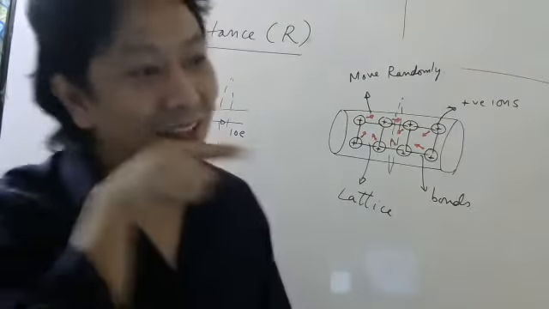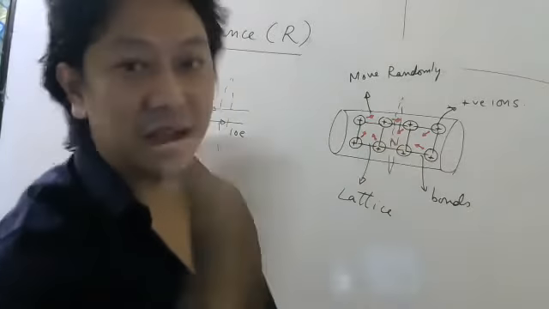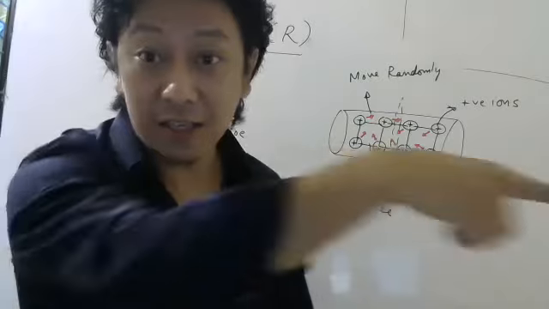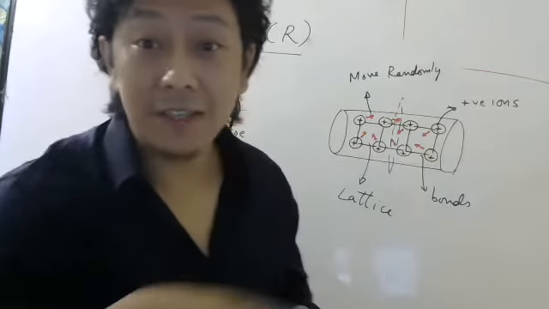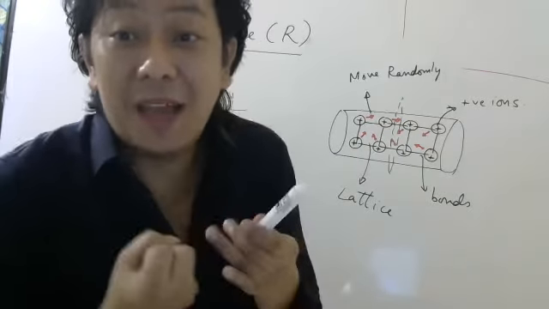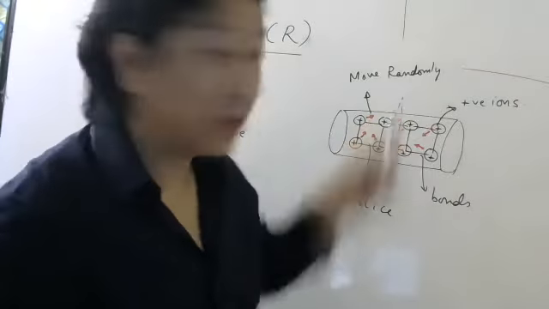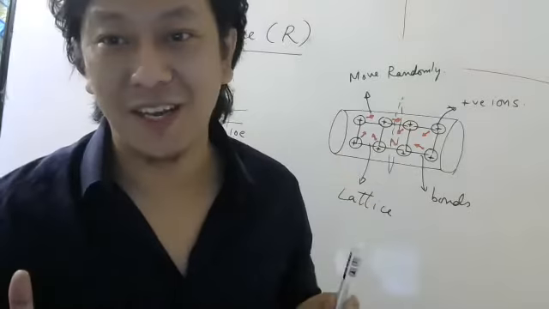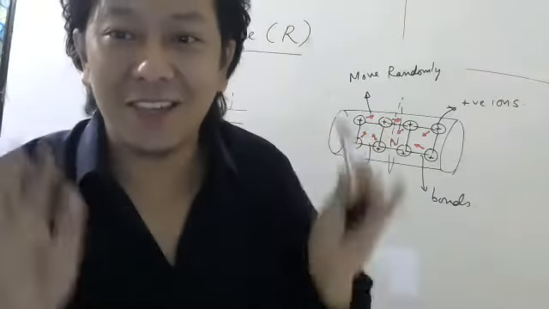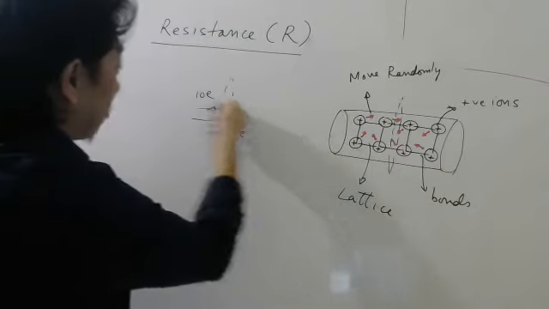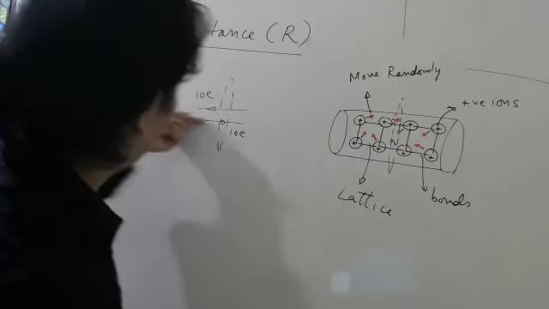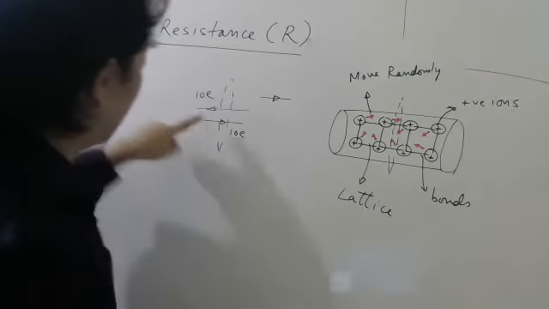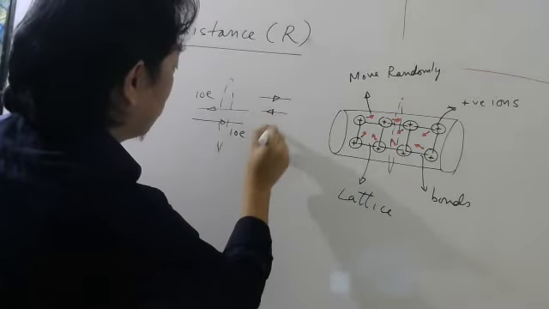You cannot tell, sir, here 100 are going, here 1 is coming. If 100 are going here and 1 electron is coming here, then you are saying this direction is preferred, meaning liked by the electrons. But it is random. Random means electrons move in all directions with equal probability. They like all directions equally. So if 10 electrons are going here, 10 electrons will go here also. This will create current this side because it's negative charge, and this will create current this side. So the total current will be 0.